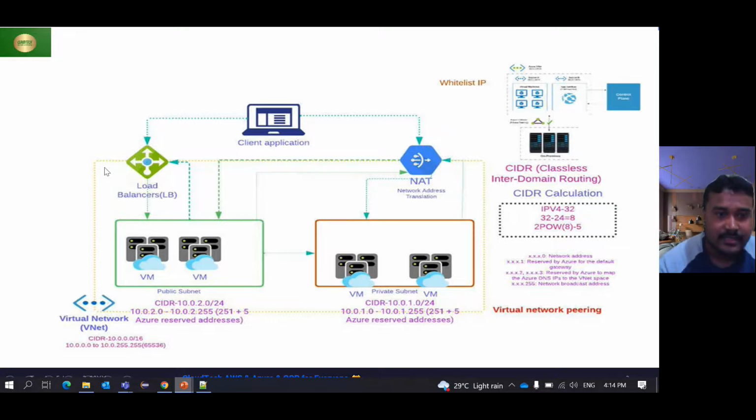In this dotted rectangle is my private network, and inside this I created two subnets. One is the public subnet, another one is the private subnet. When we are creating this virtual network, at that time we need to choose some CIDR value. So here, if you see, I gave the CIDR value as